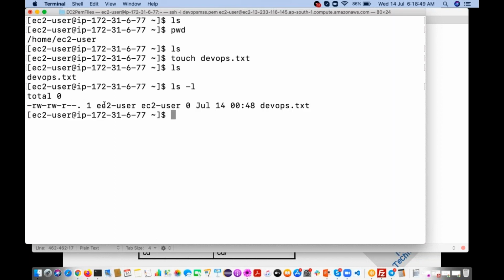See, it is showing that this is the file which was created at this timestamp with 0 size. By default, the touch command is going to create an empty file.